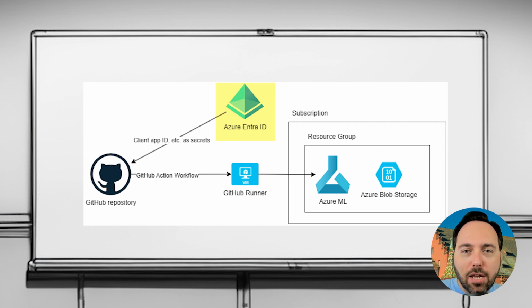The name change is in progress as of the time of this video recording, so some of the documentation will say Azure Entra ID, a lot of it still says Azure Active Directory. It's the same product, and far be it for me to derail a video by ranting about Microsoft marketing changing the name of a product after several years and thereby sowing the seeds of confusion. That definitely doesn't sound like something I would do.